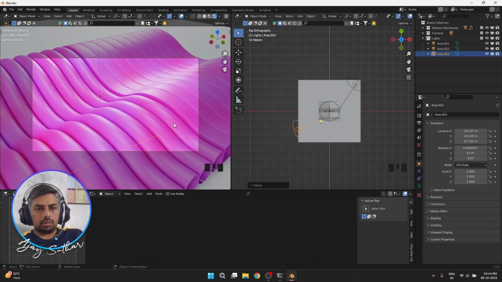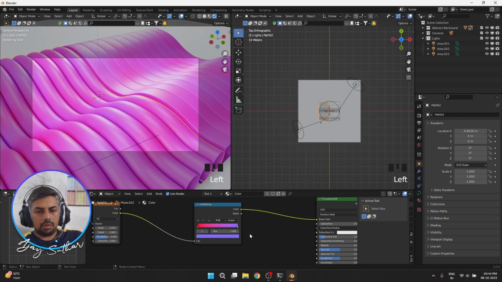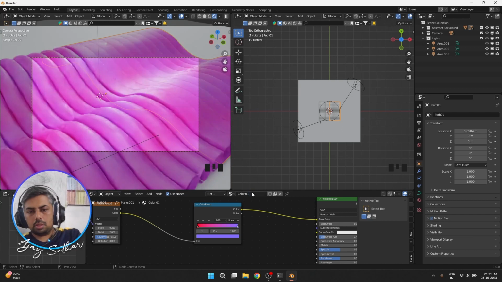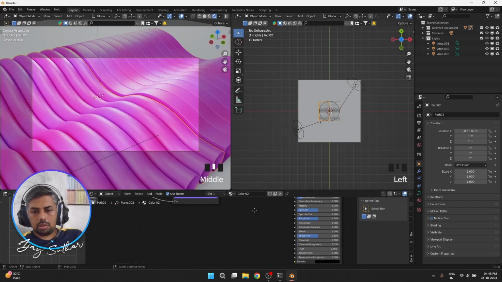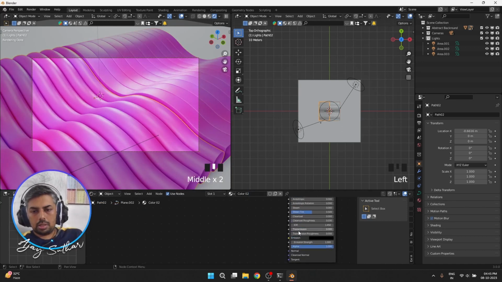Amazing. Now this one I will use 2, and this one 0 1. Okay, now this one can be little transparent,